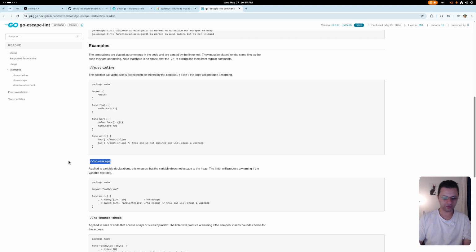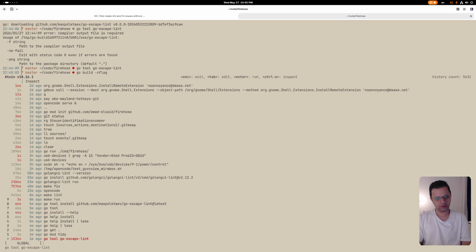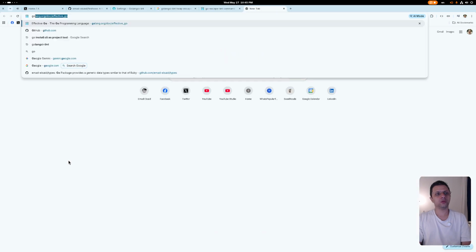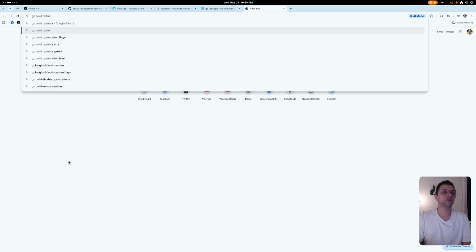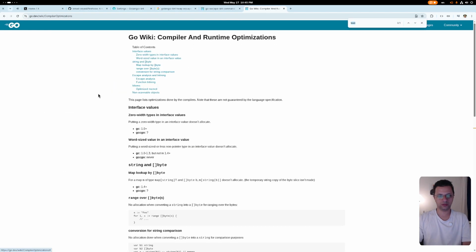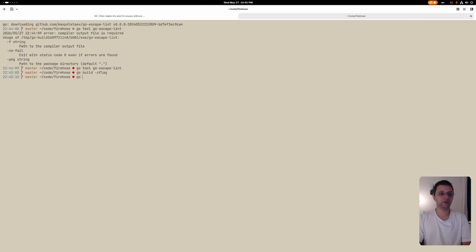You know what? Go build dash gcflags. Is it C flag? What was it? Go build, like the optimization. Again, so gcflags dash m, I think, but I really need to see it. Dash m, gcflags. Okay. Go build